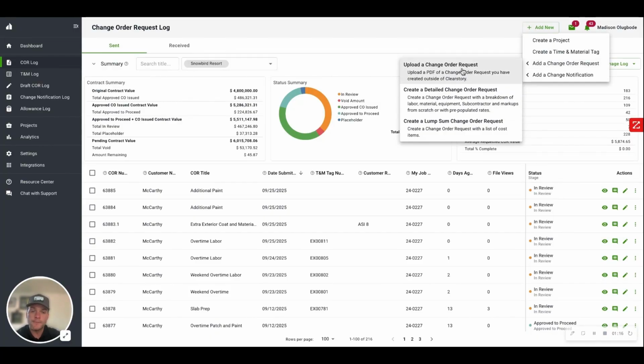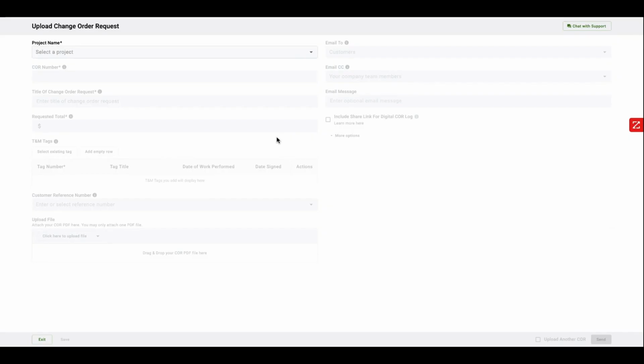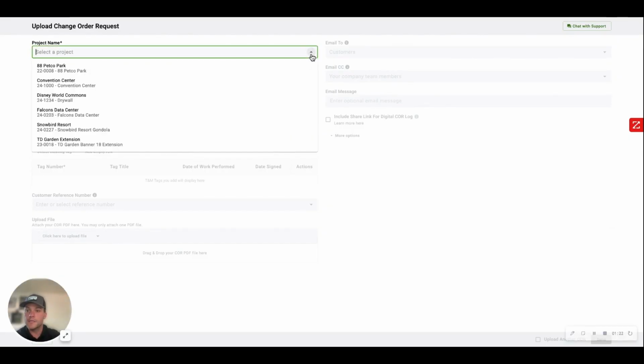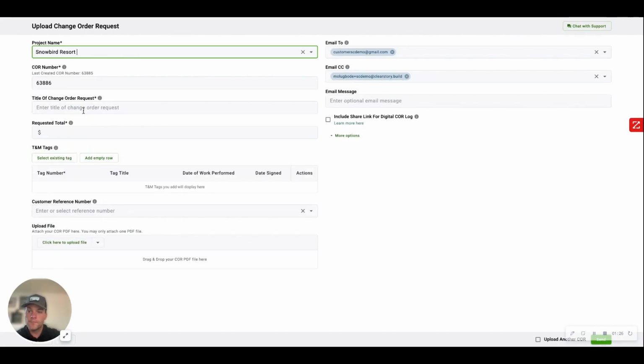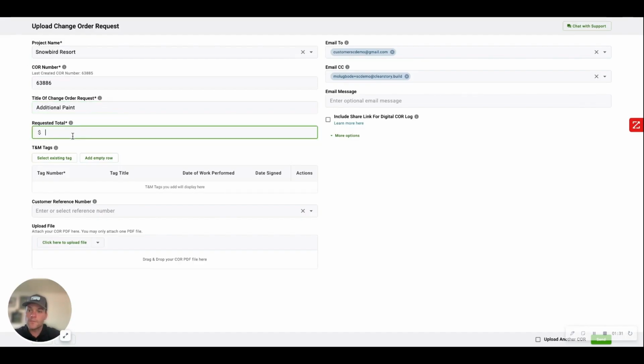that we've already created. When I click on that, it takes us to our upload page, which has a few things that are required. The first is selecting your project. You as a PM will only see the projects that you're on. Then you have to create a title and the total requested amount. For this one in particular, it's $6,407.83. From there, all you have to do is drag and drop your change order request or select that from